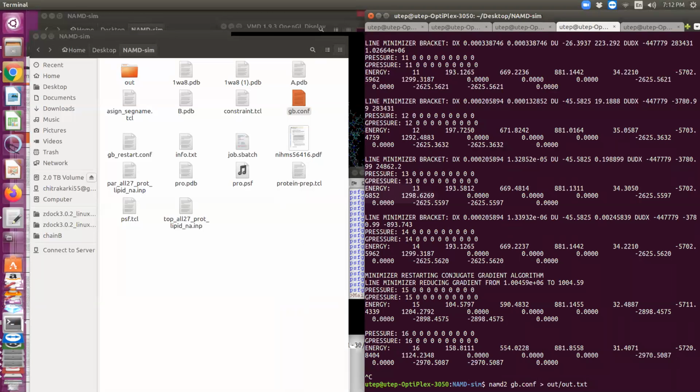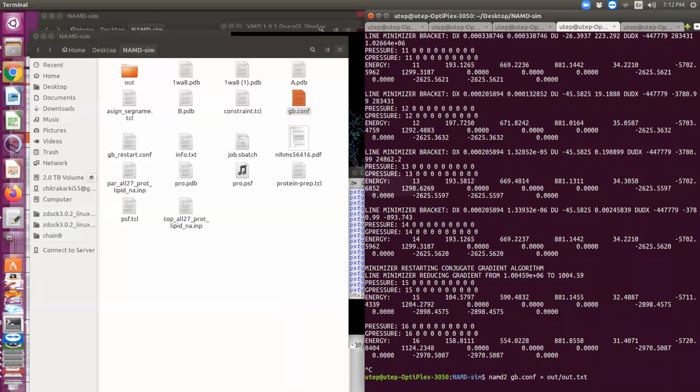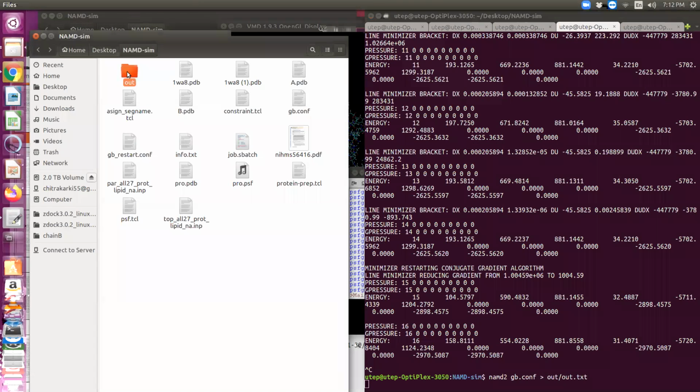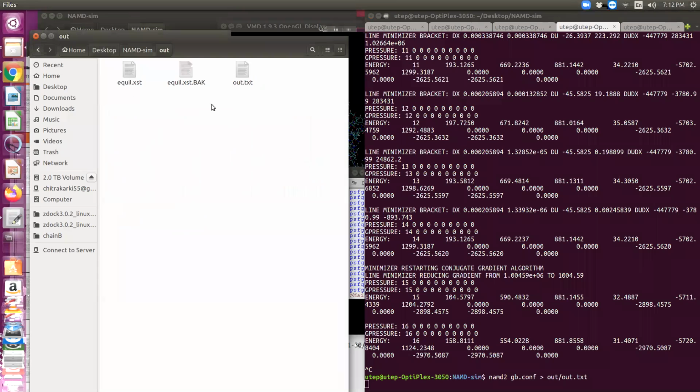Okay, let's run it. So it's running. We don't see anything here. It's writing all the information on this folder. It's already started giving us some output files. So let's look at this